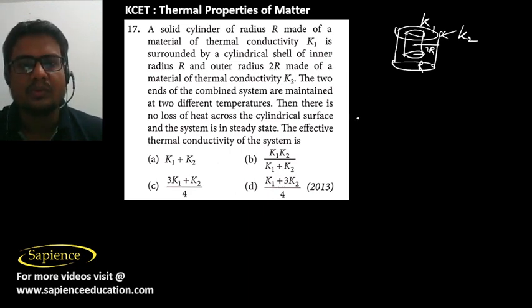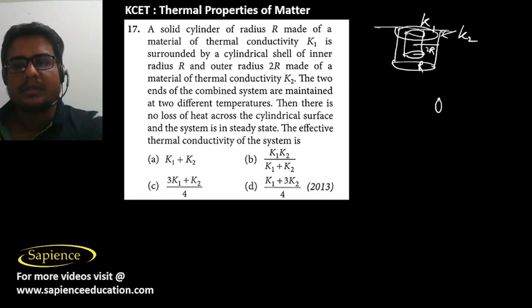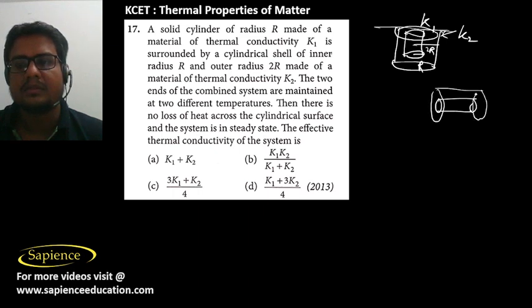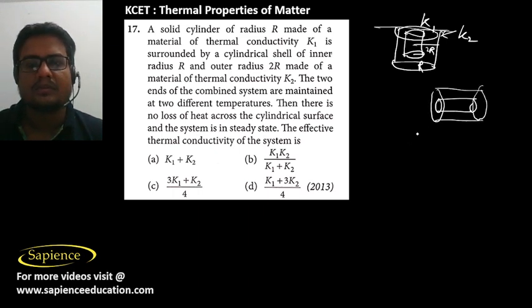Then there is no loss of heat across the cylindrical surface. The system is in steady state. So here it means that, here is a cylinder and outside there is a cylinder. So the effective thermal conductivity, so here